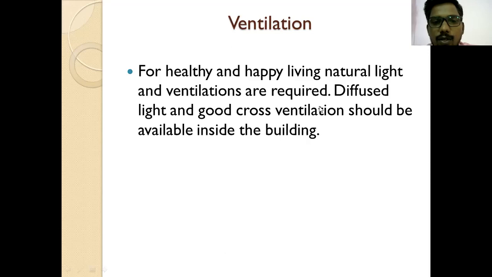The main purpose of the door is circulation, or to provide access to a particular unit or room, not getting ventilation and daylighting, but indirectly we are getting the ventilation as well as the daylighting through the doors. That thing is also important, and you have to note it down.